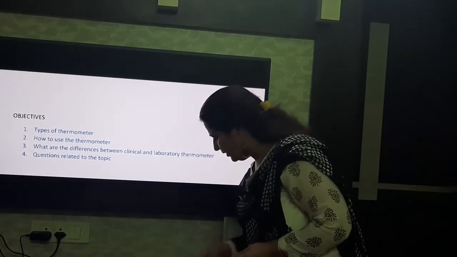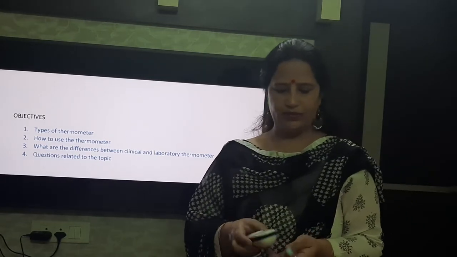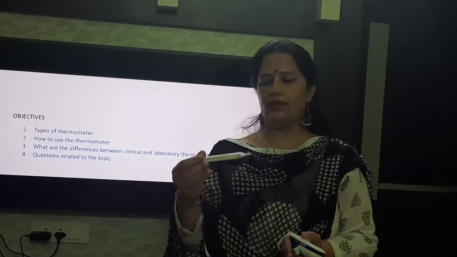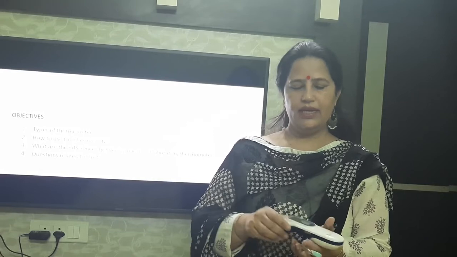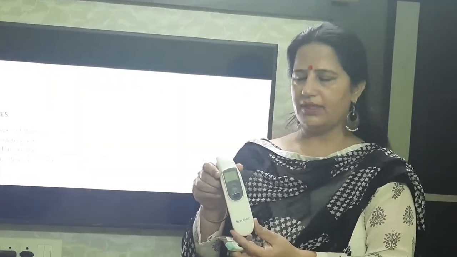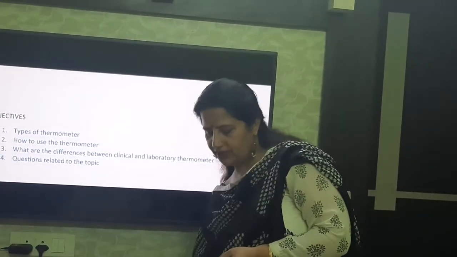So first of all, let me show you all these 3 types of thermometers, that is clinical thermometer. You have already seen this clinical thermometer. I will explain it in detail now. This one is digital thermometer, and this one is infrared thermometer or the thermal scanner, which you are viewing in these days of the COVID-19 cases. The doctors are using this to keep a distance from the patient and then also check the temperature. Okay. Let's see what's the difference between these 3.